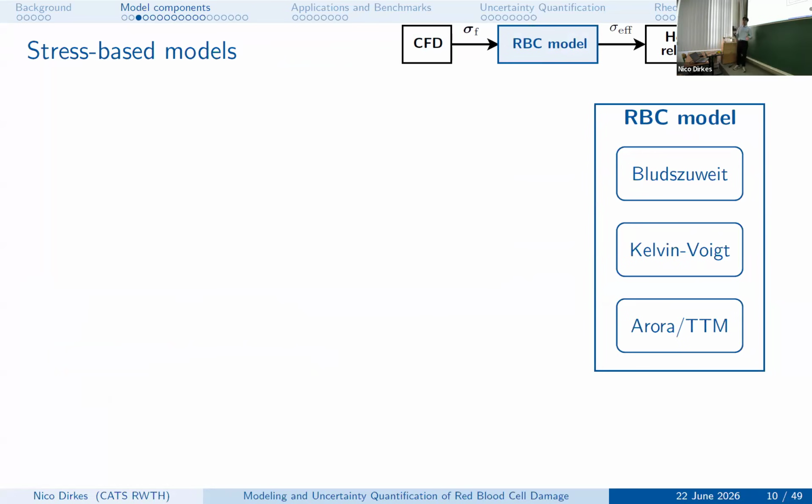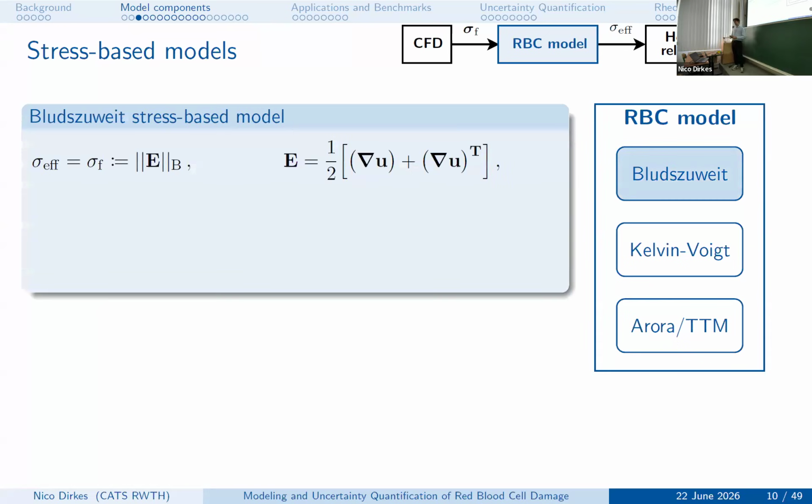Let's say we successfully simulated the blood flow, and we now want to simulate how the red blood cells respond to these flow forces. And so far, this is just a one-way coupling. So we assume the CFD solution is given by this Newtonian rheology, and then we want to model the red blood cell behavior in this flow field. So the simplest approach is to simply use the so-called Bluetooth stress. So in this case, we have the 3-dimensional stress states, so these stress tensors at each point in the domain, and we just reduce them to a simple scalar, which we call this effective stress here,